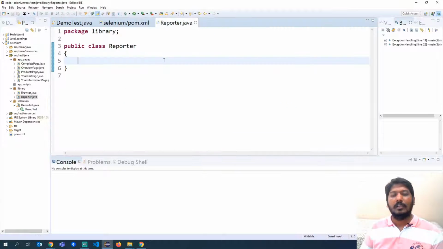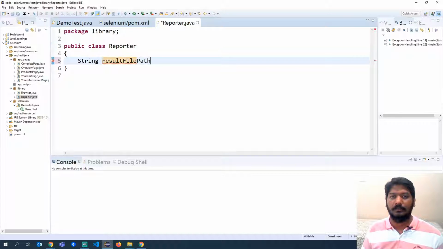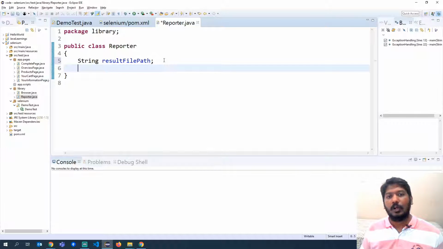Okay. Now in order to generate this particular beautiful HTML extend report, you need to first tell the extend report where exactly we need to create this HTML file. Okay. So for that I will add a file variable which holds the result file path. And then we also need to add a few things, like one is extend report and the other is extend test. So these are the two classes which we are going to use from the Maven dependency that we have added, and that will be used to basically do all this magic and then generate the test result file. Okay. So what are those?